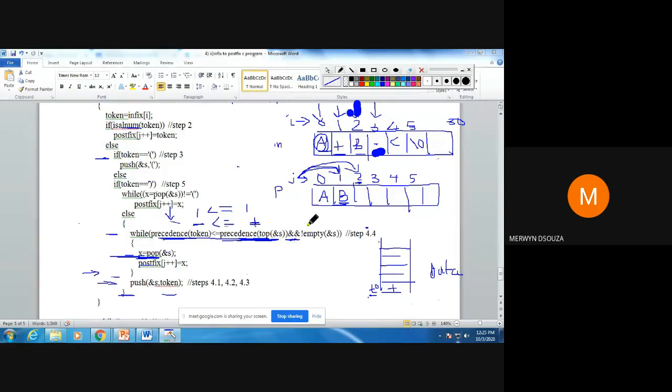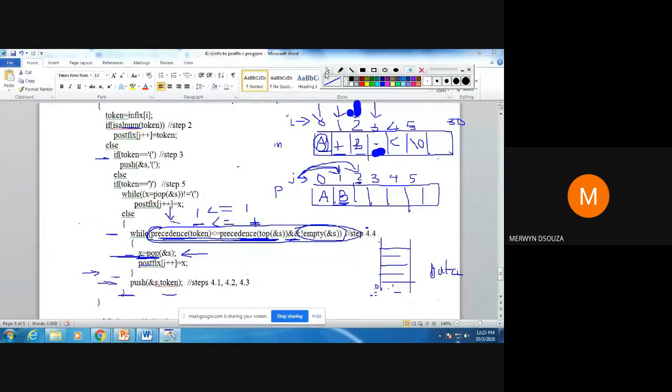What does it say? Stack should not be empty. Correct, the stack is not empty. So that means this while statement is true. If the while statement is true, you will execute this line. So what do you do? Pop plus from the stack.